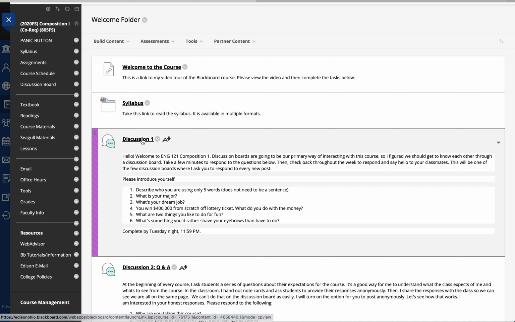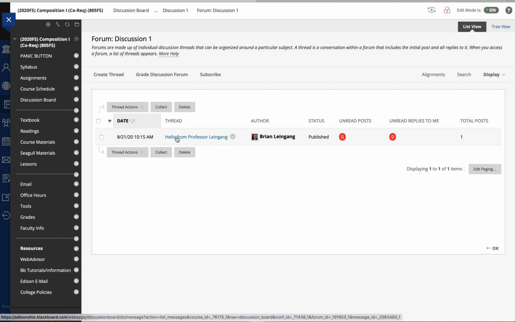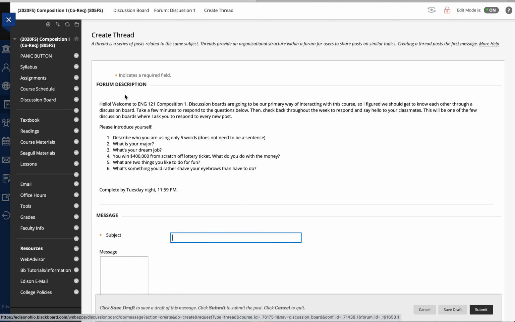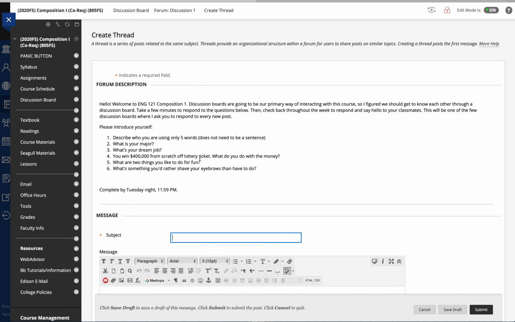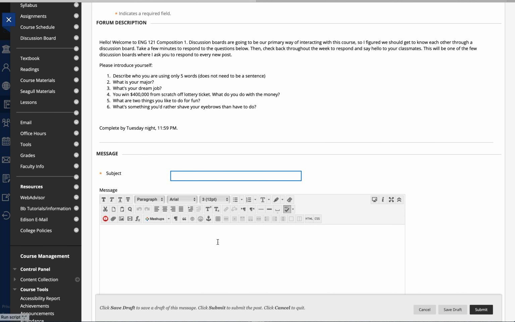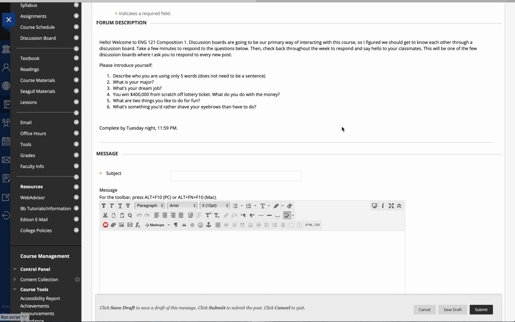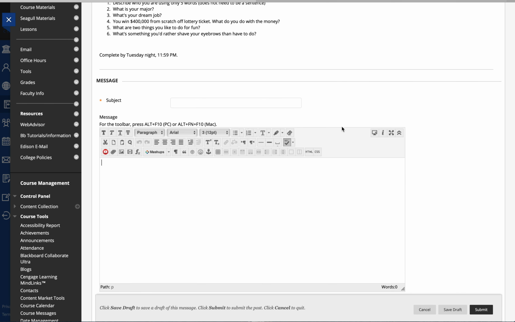If you have not done this before, you click on discussion, and then you'll see that other people have posted, me. You click on create thread, and the prompt will come up at the top. You have to enter a subject, and then you can type it directly in here. Some students have experienced difficulties with losing their work, so they recommend typing in Google Docs or a Word document or text editor, and then pasting it into here. Don't add it as an attachment, please, because that means everyone has to do double clicks. We just want to see it and read it.